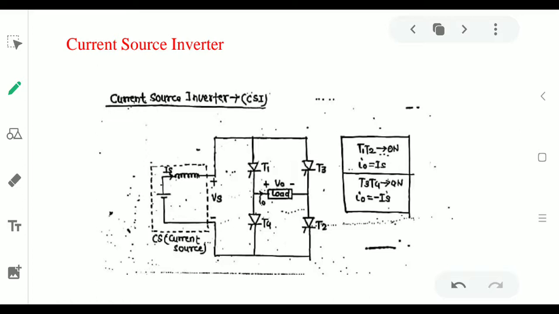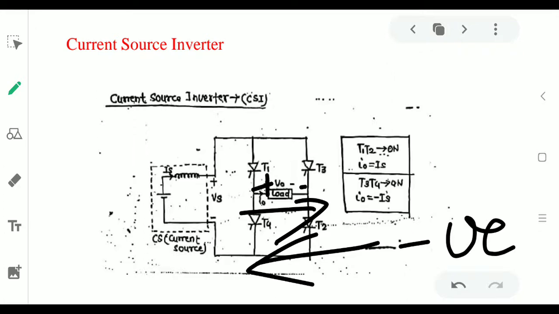We have assumed that this direction of the current is positive and the voltage drop in this direction is positive. Earlier also in VSI we marked reference voltage polarity and current direction. Now here in CSI also we have a reference voltage polarity, plus minus. Here it will be taken as positive polarity, and this current direction will be taken as positive current direction. If there is current flowing opposite, it will be treated as a negative current, and if the voltage drop is in this direction, it will be treated as a negative voltage.